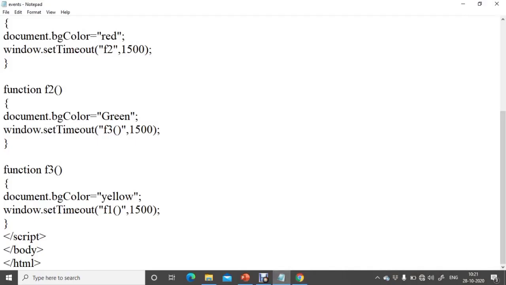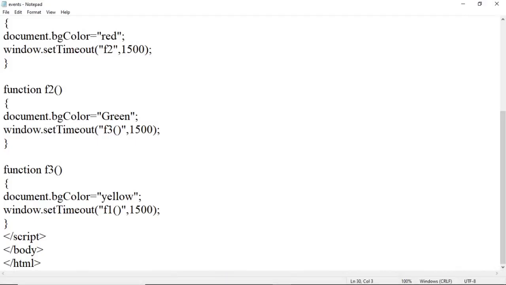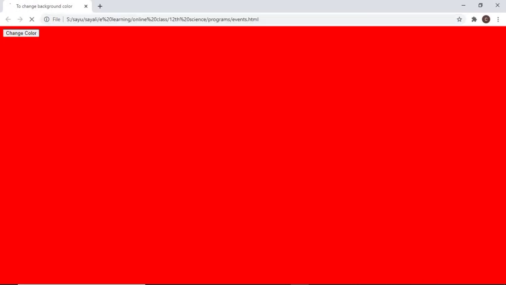So let us see the program again. From this we have called a function, that is f2, window.setTimeout f2. Here we have missed the parenthesis, so correct it, save the program, and again refresh the program.